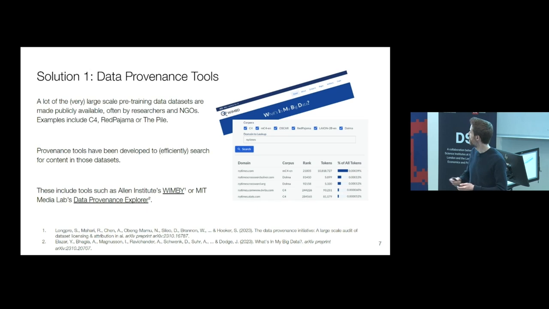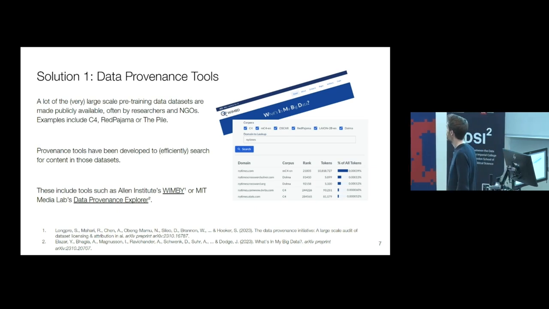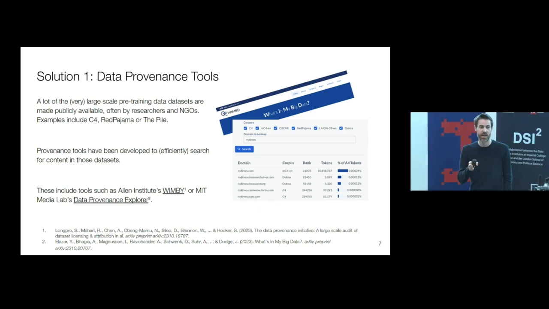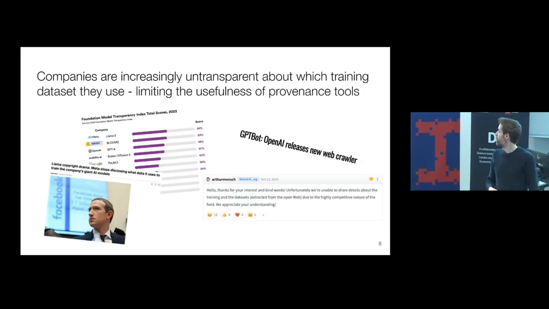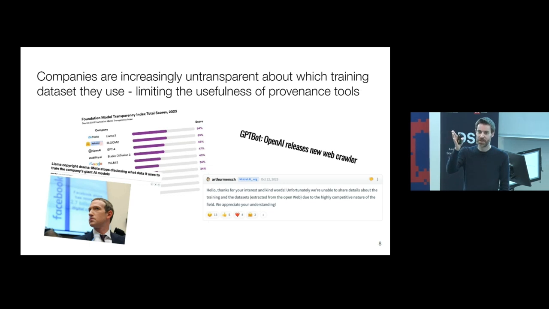There are a bunch of tools looking at the Pile, which is a big data set, RedPajama is another one, C4 is another one. In particular two of them, What's in My Big Data by the Allen Institute and the Data Provenance Explorer by MIT Media Lab, were the first tools to try to understand what those models have seen during training, and whatever they know, the way they write, whatever bias they might include and whatever copyright content they might have seen. Can we try to understand what went into those models? So we talked about, unfortunately though, is that companies,